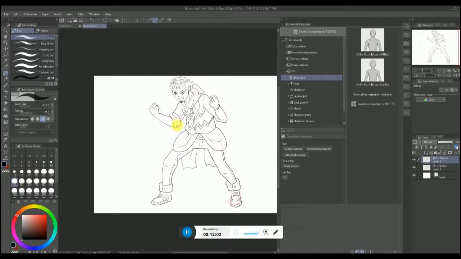Of course, if somebody commissions you, then you have to stay by that particular rule. But when you're creating your own characters, it becomes so much more flexible. So give it a shot, guys. I'm going to start coloring this now. This will be in speed, so I'll just have to speed up the video, but I still hope you enjoy it.